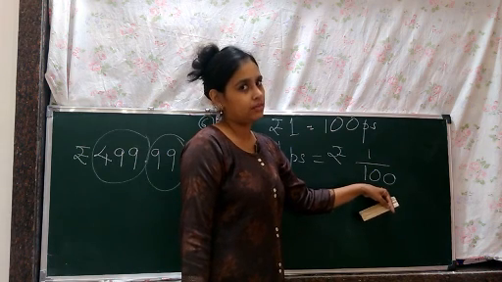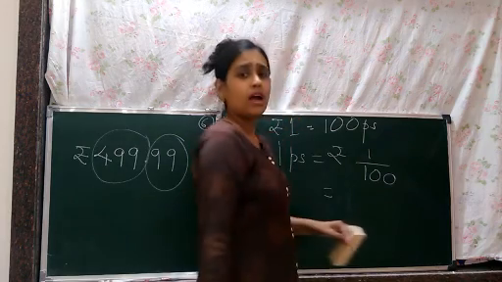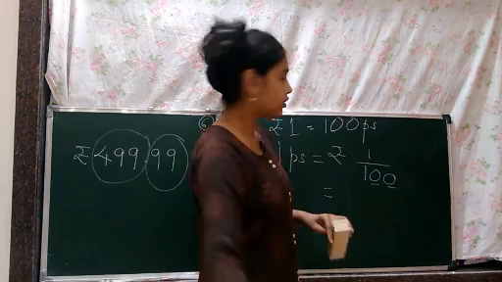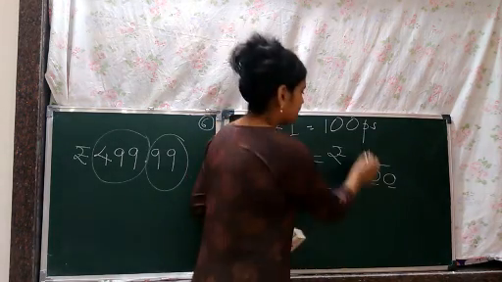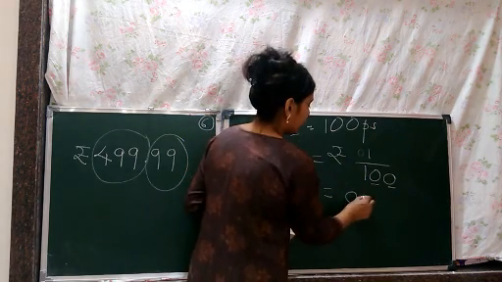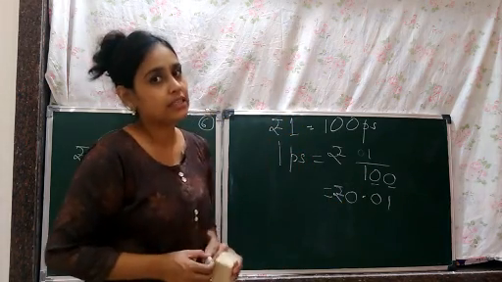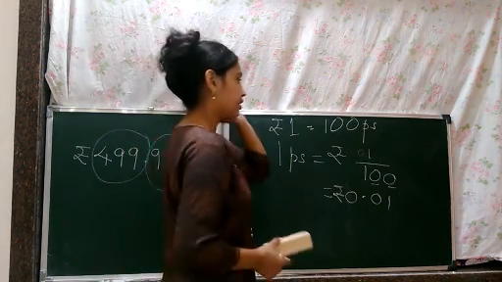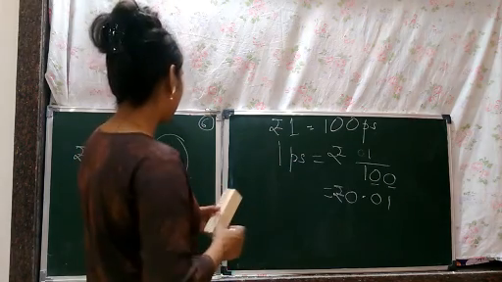Now if you are dividing this, you can see here it's 100. That means you can convert this number into a decimal. Let's do it. How many zeros can you see? 2 zeros. That means 2 places. 1 place we already have, 1 more we need. We put a 0. Correct? So it is actually rupees 0.01. Decimal.